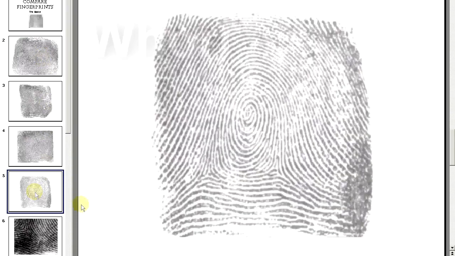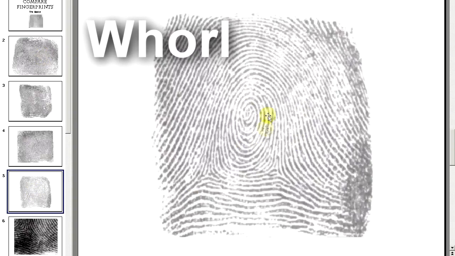The ridges in a whorl pattern form a generally round shape. There are usually two cores, one facing up and one facing down, and two deltas, one on the left and